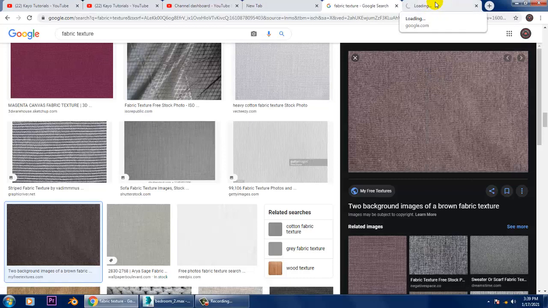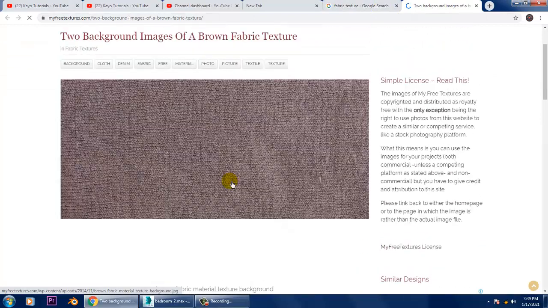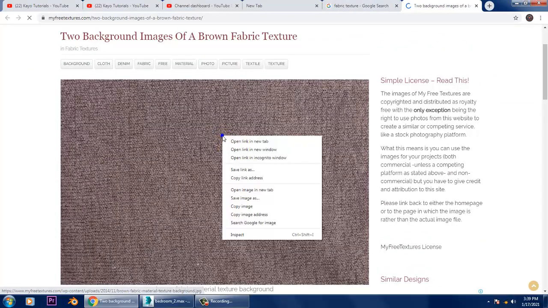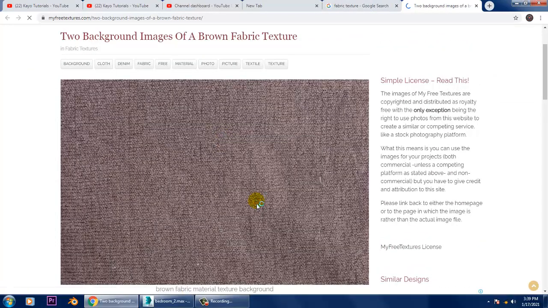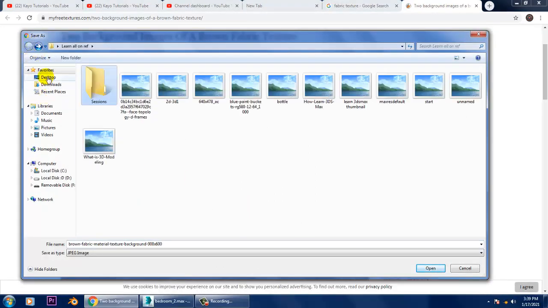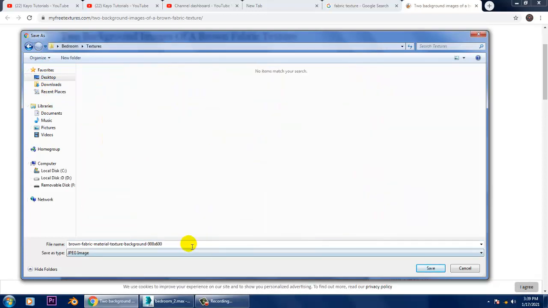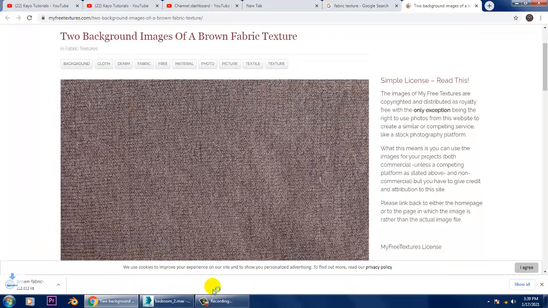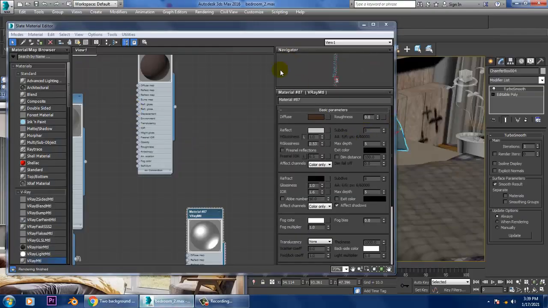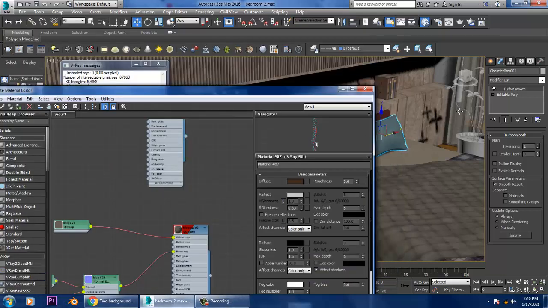You can definitely download it from textures.com also. I'll just save as this. So I'll go into this. Save your file.